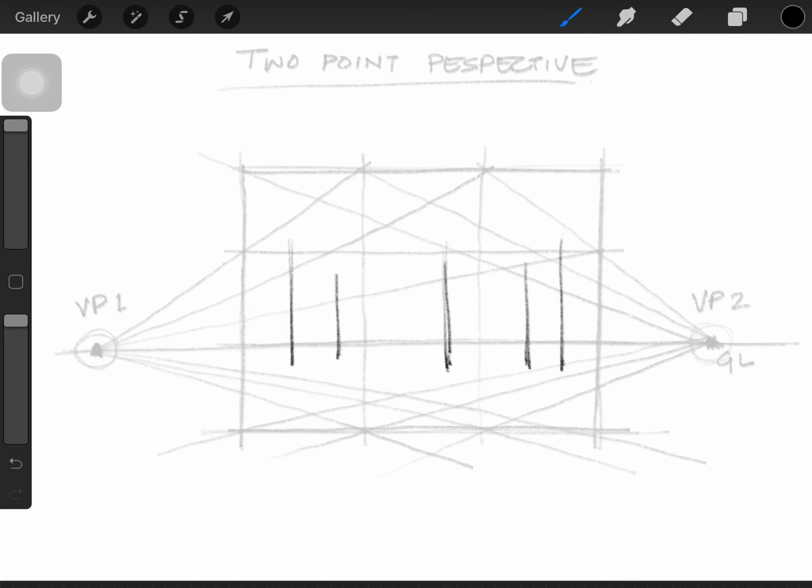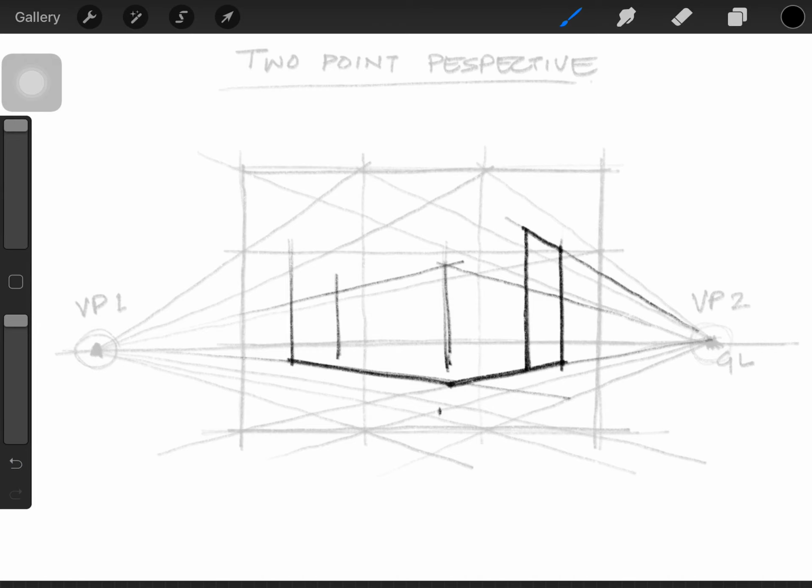So firstly, I'm going to start off with marking the heights of the shape. This is mostly eye estimation, so you don't need to worry too much. Now once I've gotten the heights in place, I'm gonna start making the ground line, but this time the ground line is not parallel, but instead it's inclined towards one of the vanishing points. And now all the horizontal lines that you're gonna draw are going to be radially inclined to one another. You can always take reference from the perspective lines that you have already drawn.